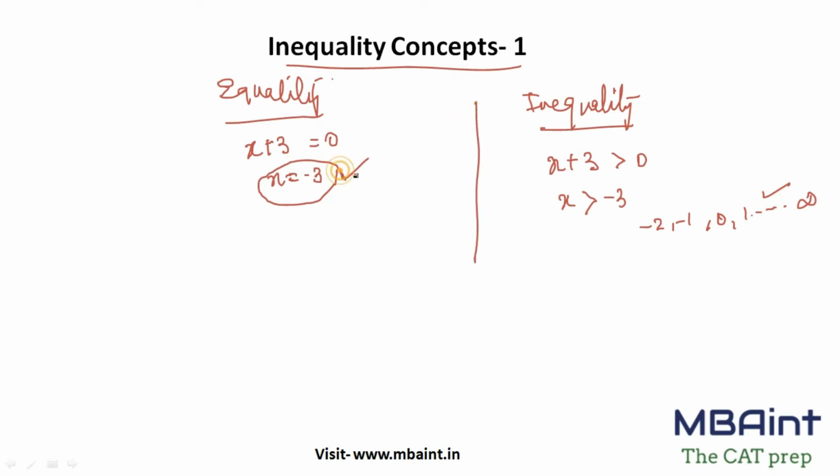Equality में क्या होता है? Unique answers. Here you will have the range of answers until you put some limit to this inequality, right? So basic fundamental है. Inequality के 3-4 signs होते हैं. So now it depends at where it is being used. Just get familiar with these signs. Very fundamental. ठीक है? Now moving ahead.